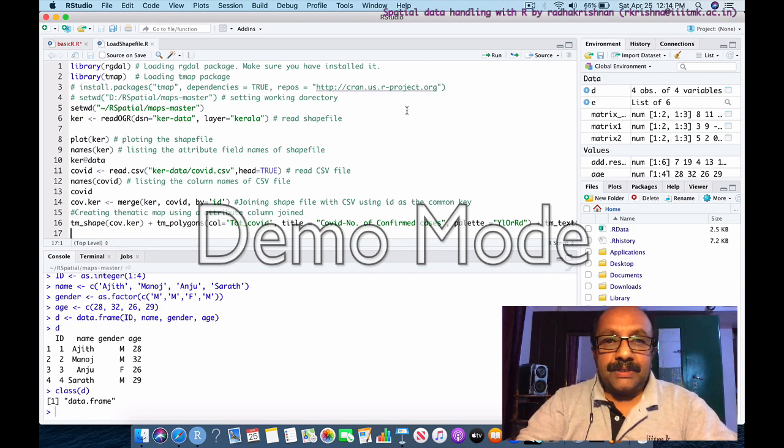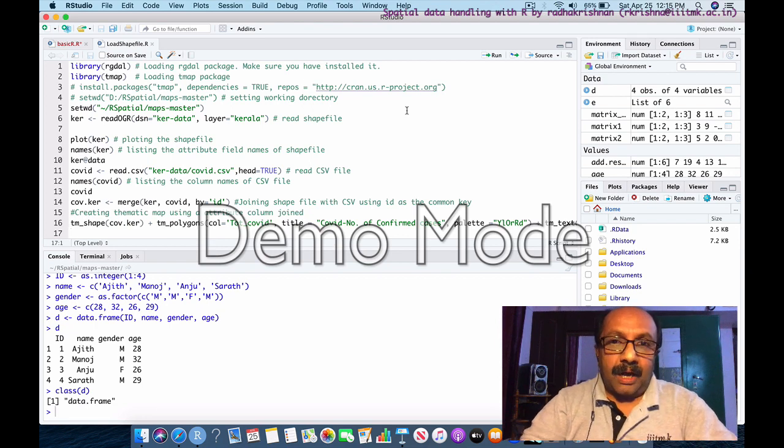This will have essentially two columns specifying the geographic coordinates from where the data is collected. It will be in geographic coordinates such as latitude and longitude, or maybe in projected coordinates in meters as easting and northing. And in order to handle this kind of data, you need a package.